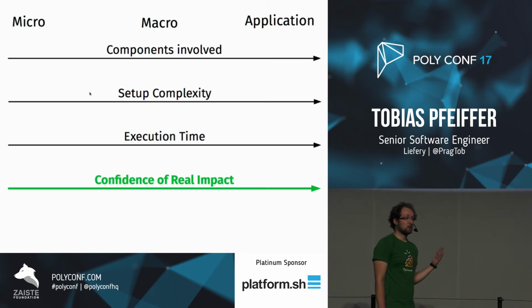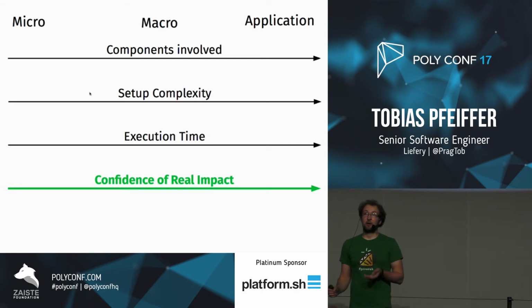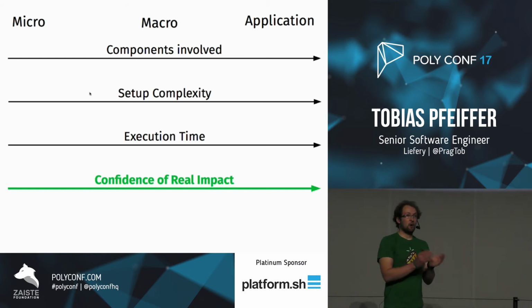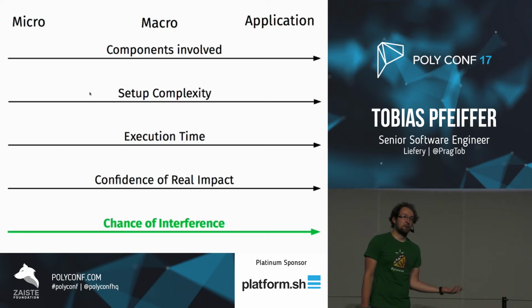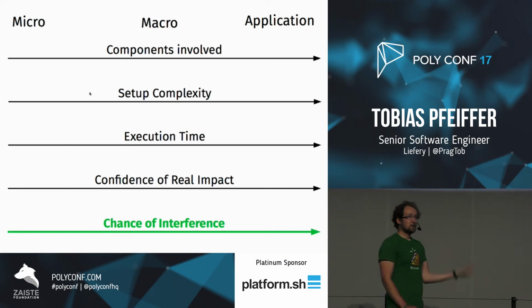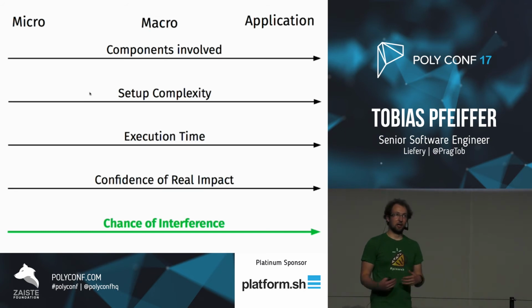At the same time, also the confidence of the real impact goes way up because, as I said before, one micro benchmark, like if regexes are 2 times faster, that doesn't mean that Rails or your web server is 2 times faster. It's maybe 0.01% faster or whatever, or 1%, I don't know. Also, the chance of interference goes up as you go to the application level because, for instance, the internet might be down or your database server might be overloaded, and that's not what you're benchmarking, but still it will affect